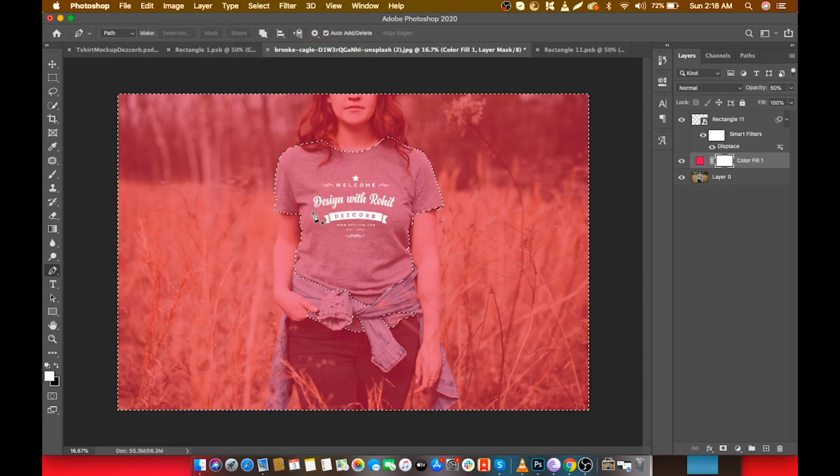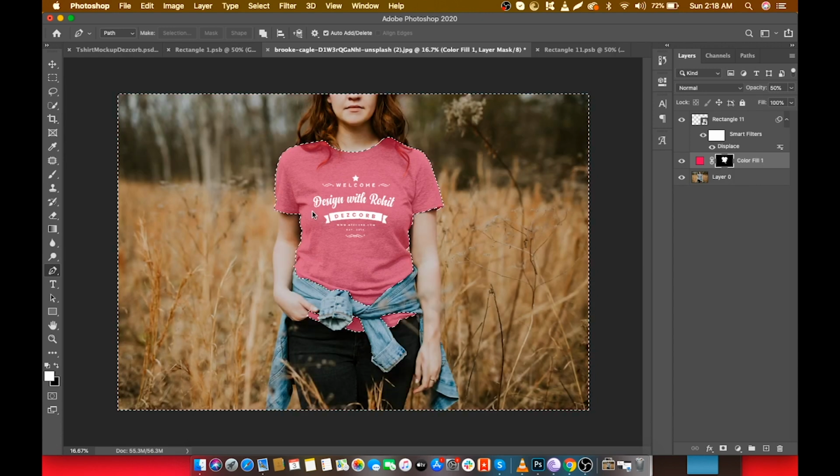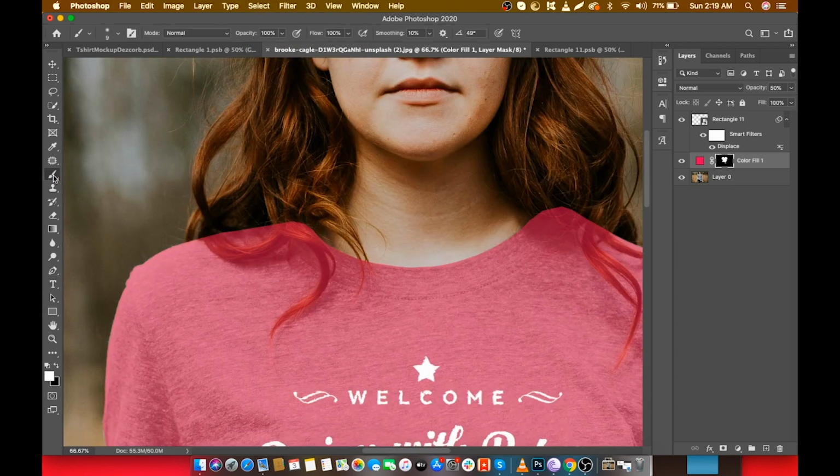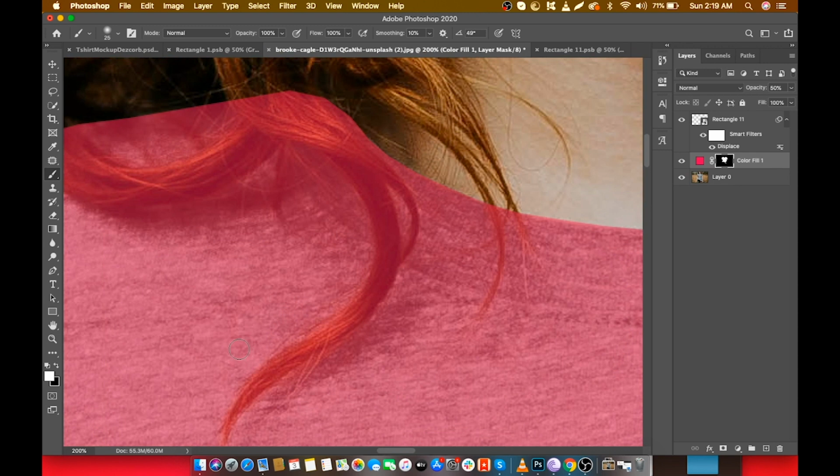Then make sure you have selected the layer mask. Also make sure your foreground color is white. Then press Ctrl Delete if you are on Windows and Command Delete if you are on a Mac. Select the brush tool and now make sure your foreground color is black, and paint it on the hair like this.